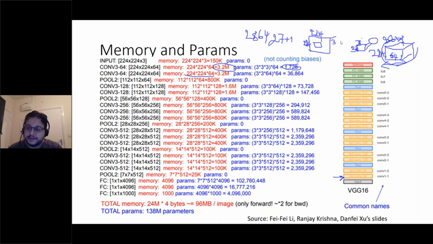Perfect. You guys, are you happy with this? Yes, thank you. So here it is reducing. Then we get more because we have a bigger number of features. We have 128, so it goes bigger. Then another pooling, and it goes smaller. You can see the pooling helps a lot to maintain the RAM. Then when we go here, the memory for the fully connected layer is very small, as you can see.